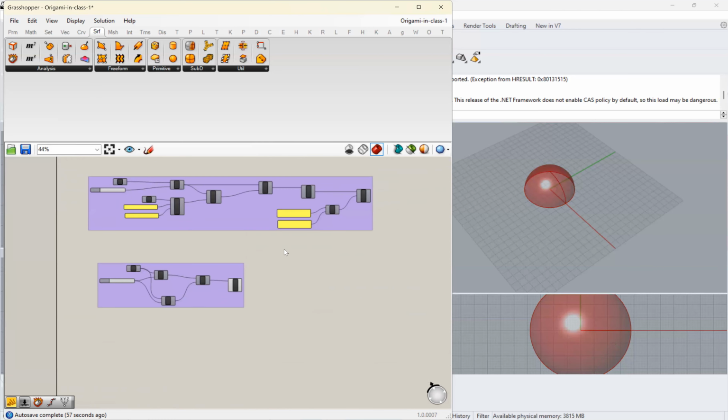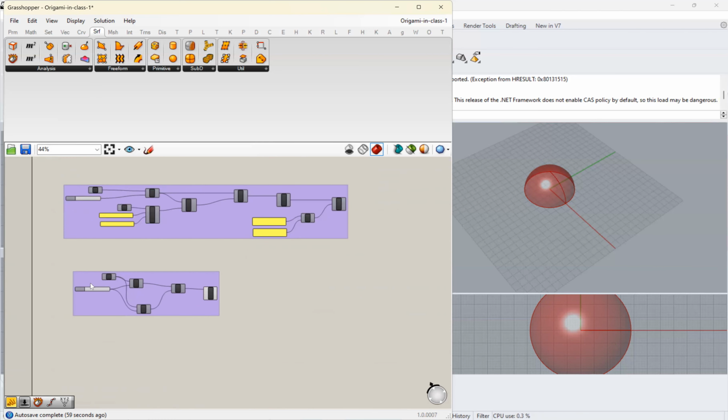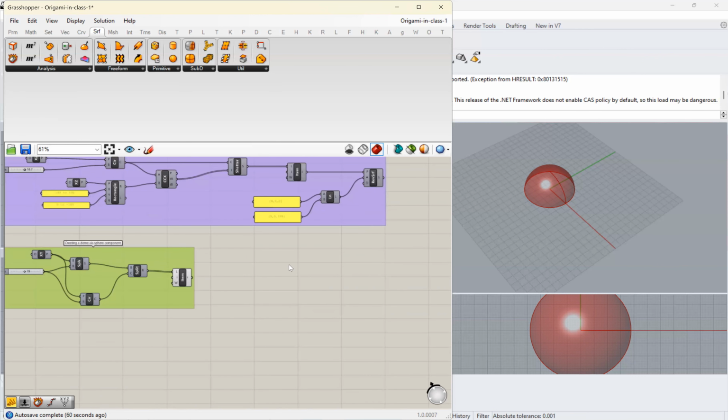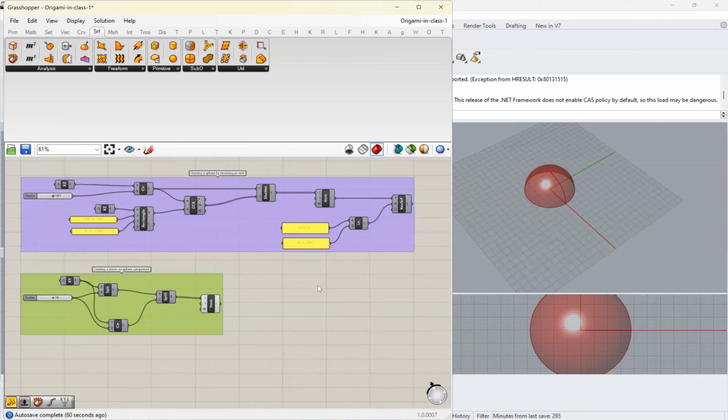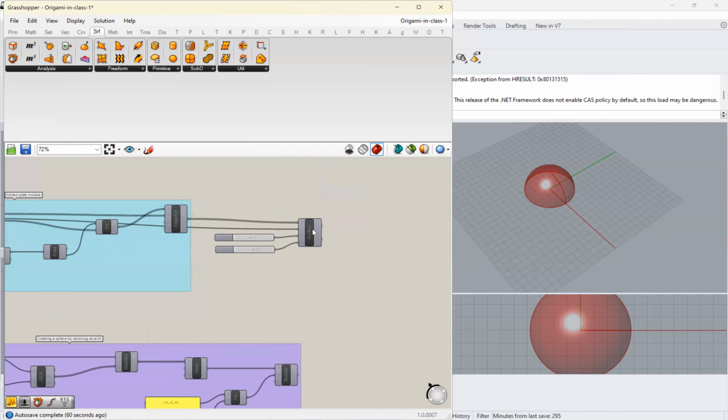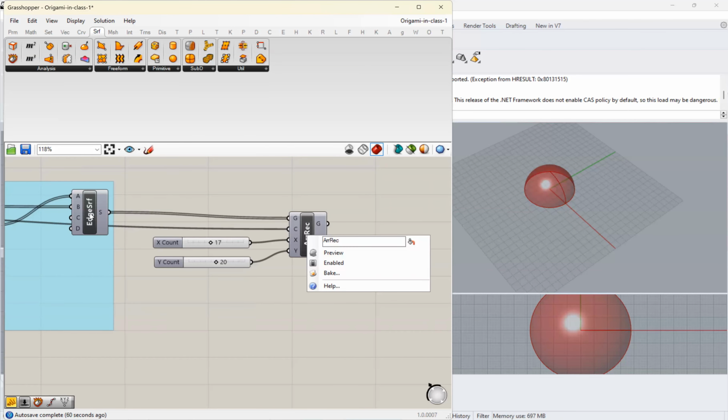So these are two ways to create a dome. Now, in the next part of the video, I will explain how to map that folded plate module